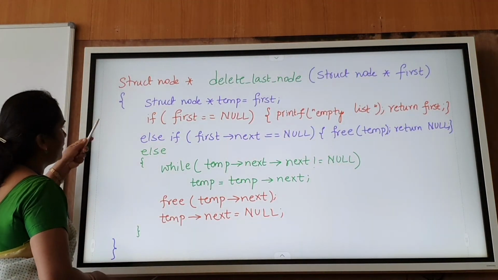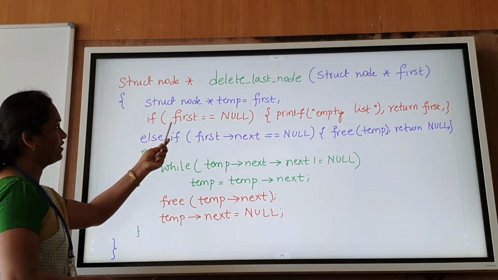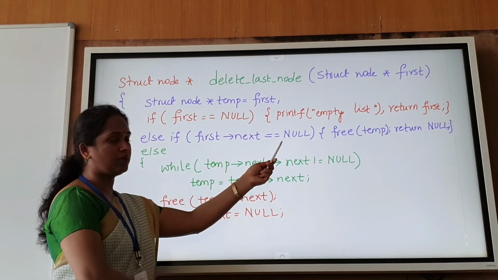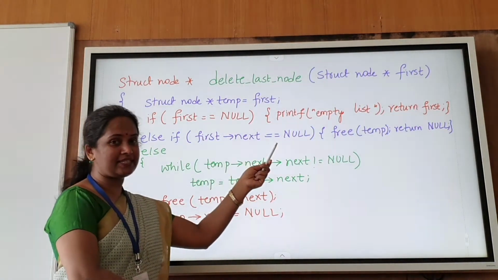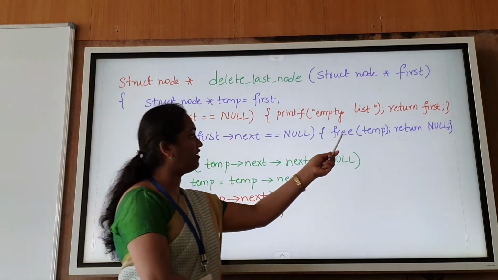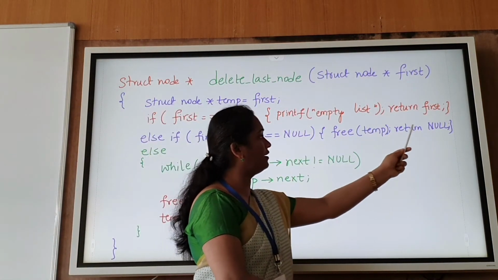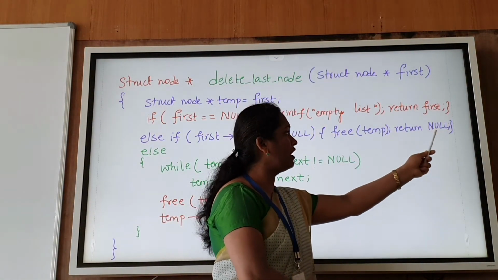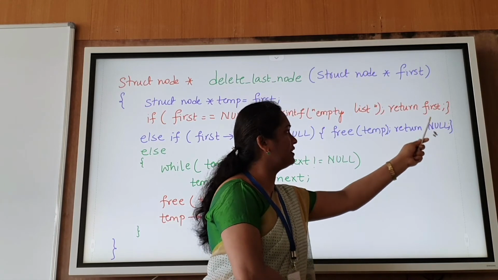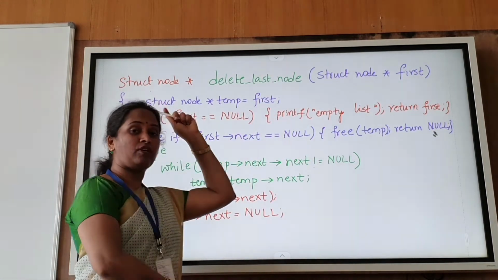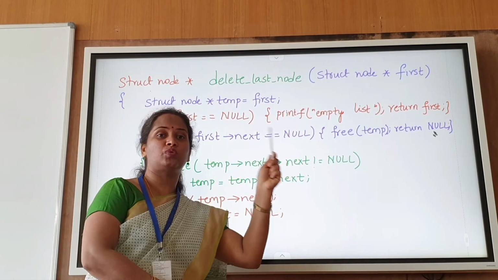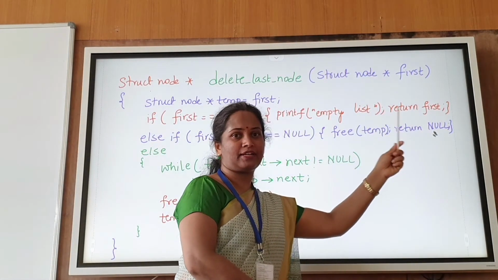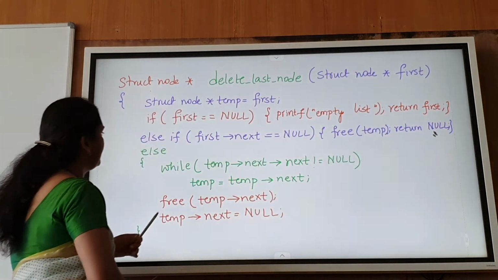So this is my first case where I have first equal to null, where I say nothing to be deleted. The second case where there's only one node to be deleted. There's one node existing in the linked list, and that is the node to be deleted. I free temp, which is the first node, and I return null. Okay, I could say first equal to null and then return first, or just return null, because I understand there's a first value which is always returned, and in the calling function I would have written first equal to delete last node within brackets first, right? So I return null, which signifies the fact there was one node and that's deleted,